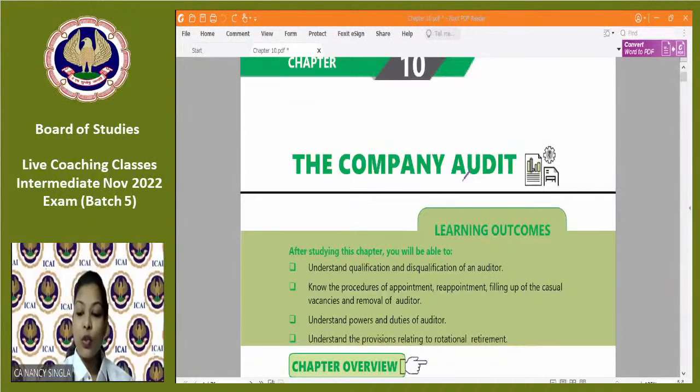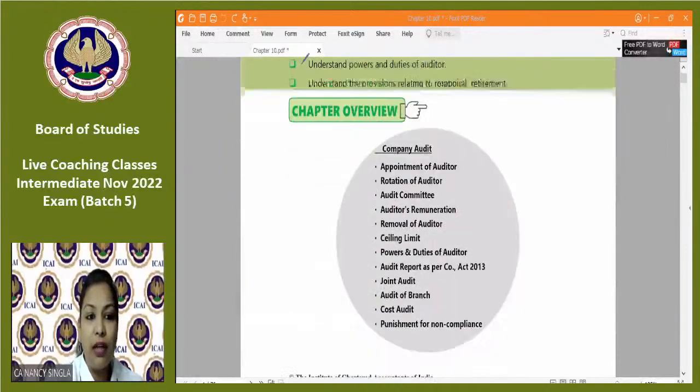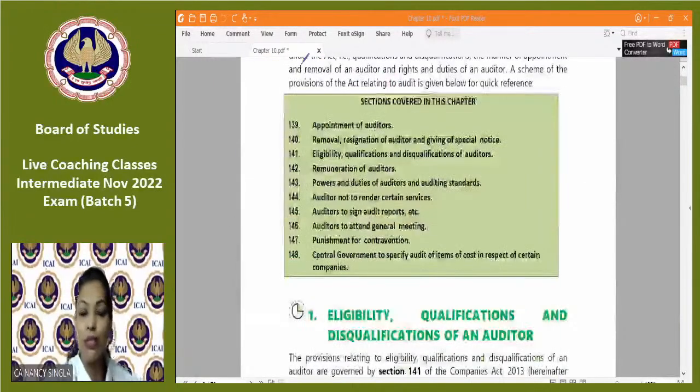Okay. So now with a very positive note, let us start with chapter number 10, which is very, very important from the examination point of view also. In the recent papers, questions are coming from this chapter. It can be in the form of MCQs, descriptive type, true, false. A very important chapter. Okay? So what all we'll be covering in this chapter? So basically, students,